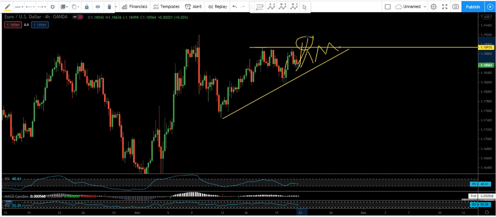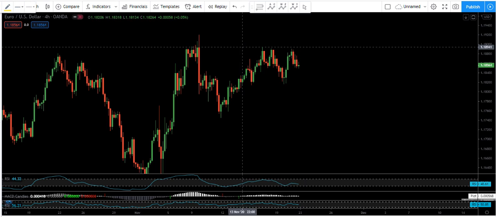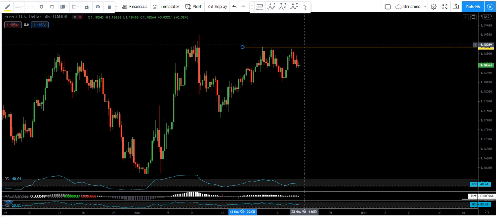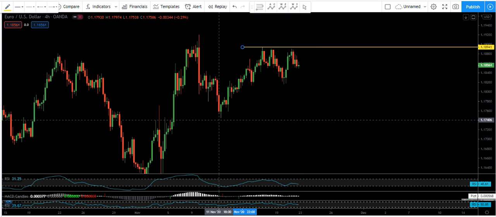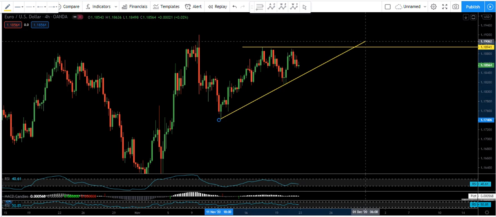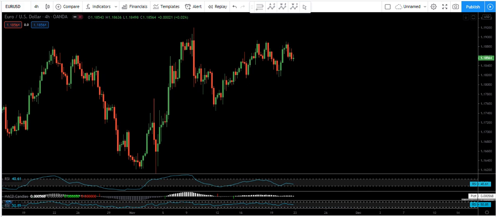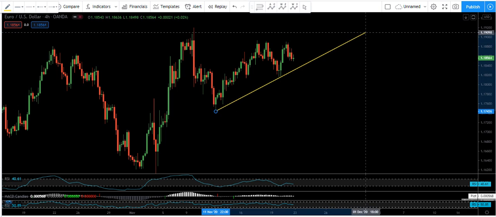Alright, anyway, as long as the price breaks this high, we want the price to break this top, then from there we need to look for sell. Then we need to see how we can look for sell by considering this trend line. Okay, then another option, if we look for sell, is how about if when the market